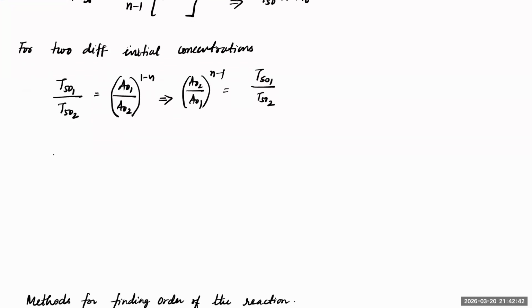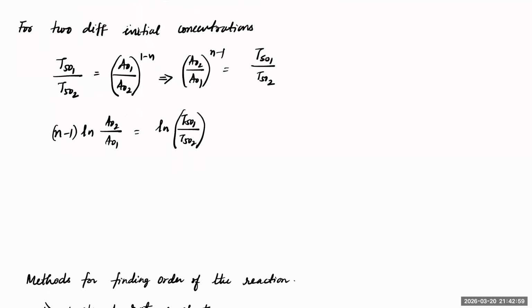If I take ln on both sides, I'll get n minus 1 into ln (A naught 2 by A naught 1) is equal to ln (T51 by T52). Got it? Therefore, n minus 1 will be equal to ln T51